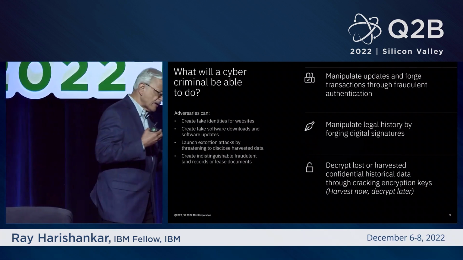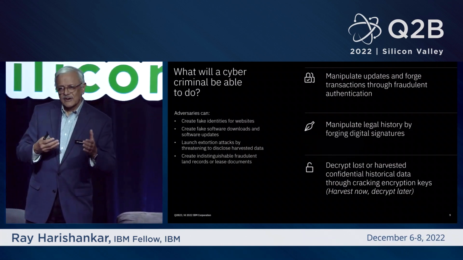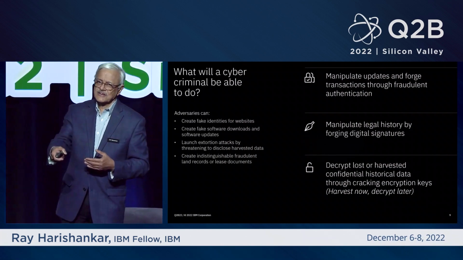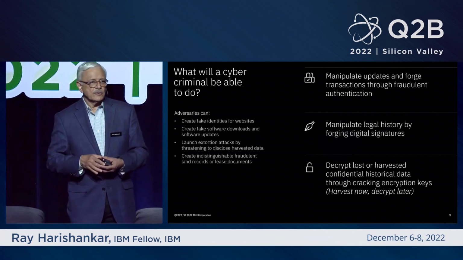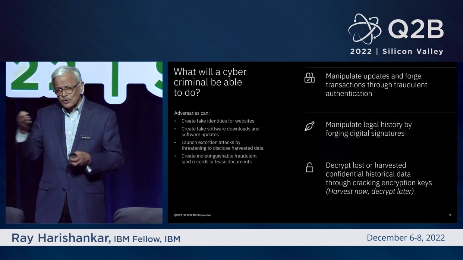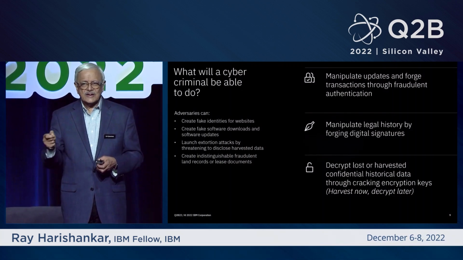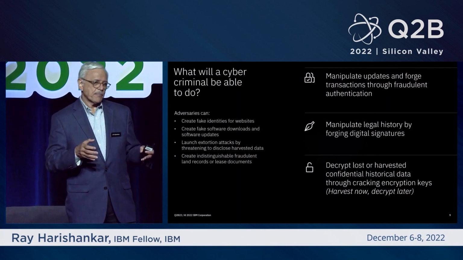Many people compare Y2K to YQK, right? Cute little term, but there are a number of differences, and this is an important one: Y2K had a definitely finite time when things turned over, so you could do something about it. Here, we don't exactly know when that time is going to happen, so you need to be prepared for it.